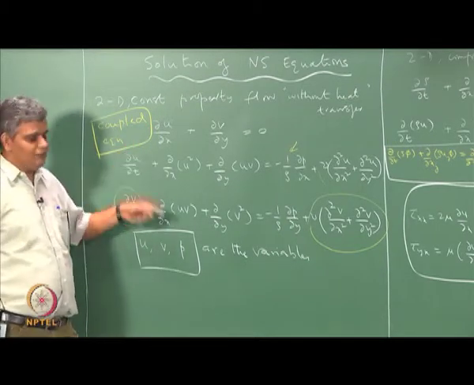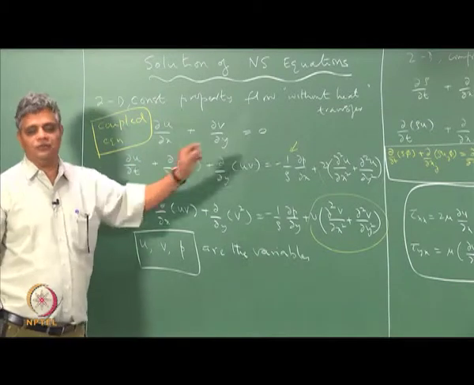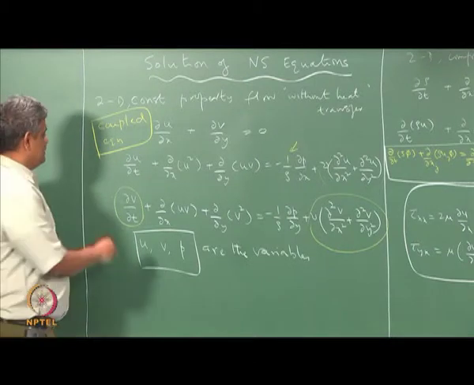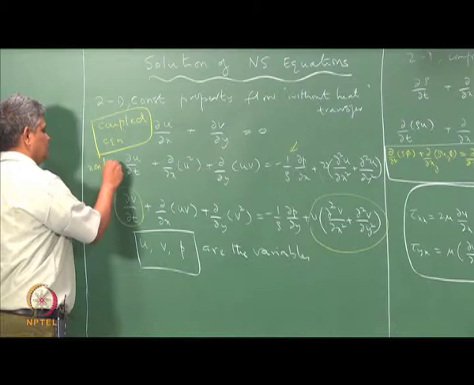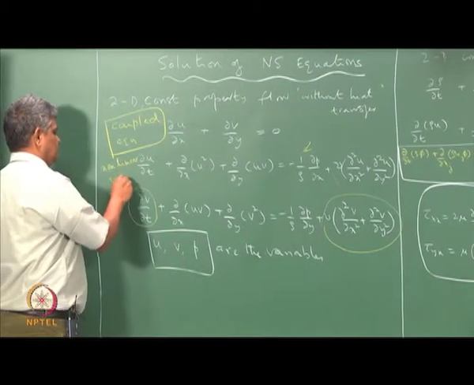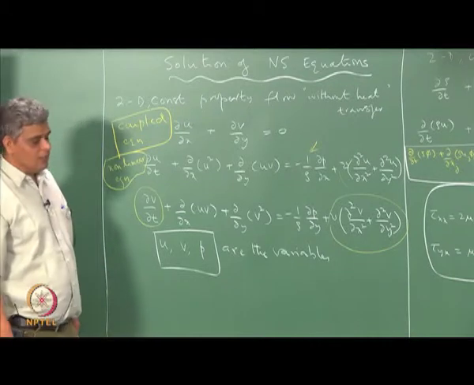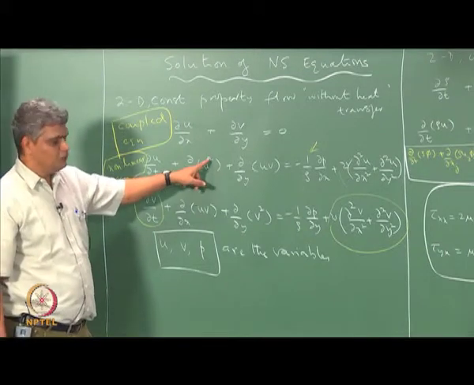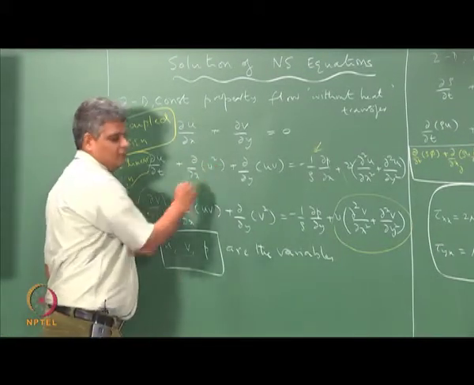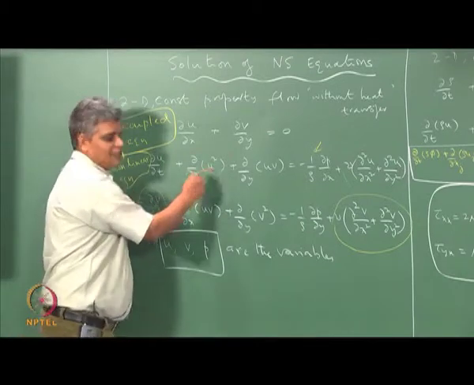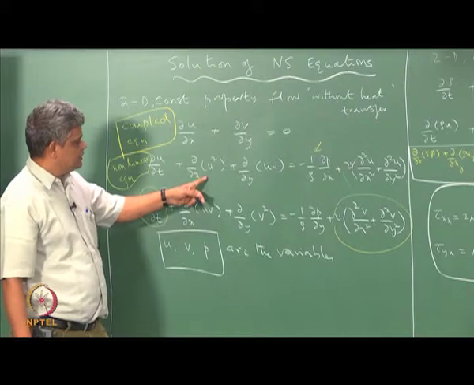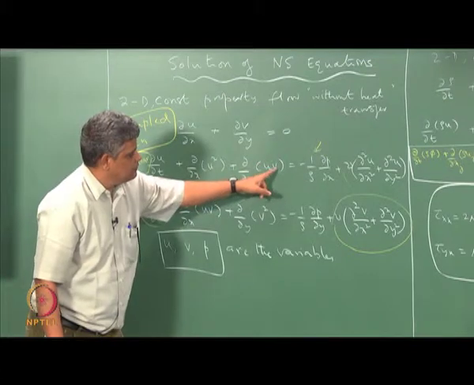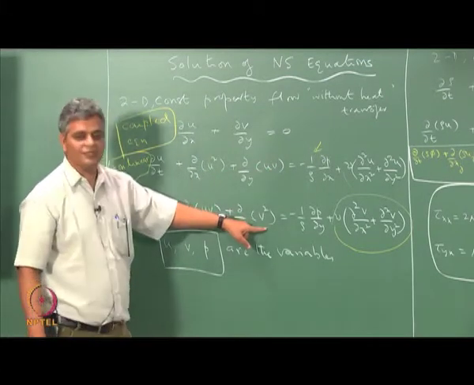You cannot solve any one equation in isolation like you are doing for the model scalar transport equation, and not only that, these are non-linear equations. Why do we say non-linear? Here this is supposed to be u phi, but this is u square. So, it is the same phi here that is appearing with a coefficient here. So, this makes this non-linear. This term here makes it coupled because you are solving for u and v is not known, and it can be obtained only from a different equation.